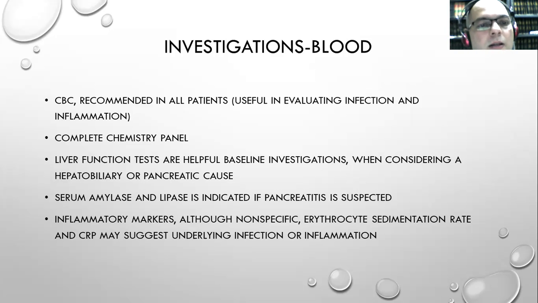If possible, get a complete chemistry panel. The chemistry panel will include blood urea, serum creatinine, blood sugar, and blood urea nitrogen. This is the complete chemistry panel. Also, you might ask for electrolyte levels also. Liver function tests are helpful baseline investigations when one considers that there is some hepatic or hepatobiliary